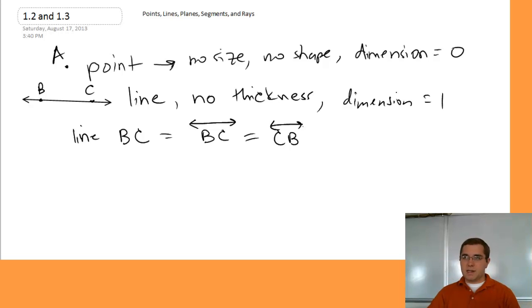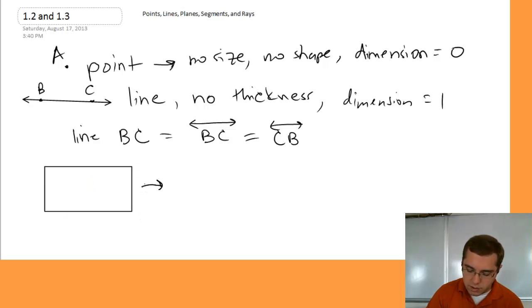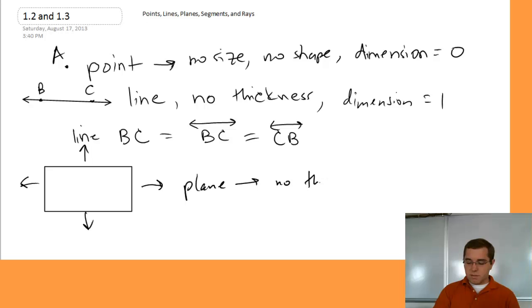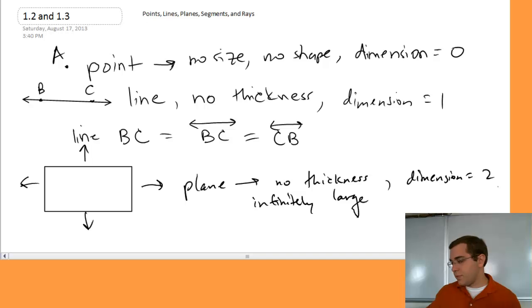If we take an infinite number of lines and in a sense stack them on top of each other, but not really because they don't have any thickness, we can create a plane. And the plane on our paper looks sort of like a rectangle. It's not actually a rectangle because a plane extends infinitely in all 4 directions. It's flat, it has no thickness, but it is infinitely large. A plane has a dimension of 2. As an example of a plane, think of a piece of paper that extends infinitely in all 4 directions